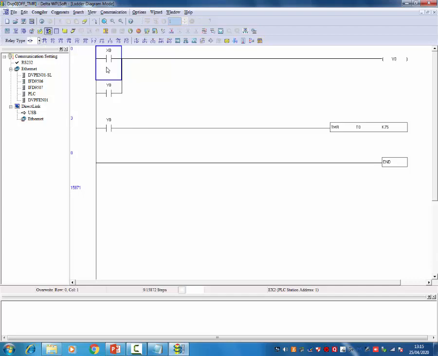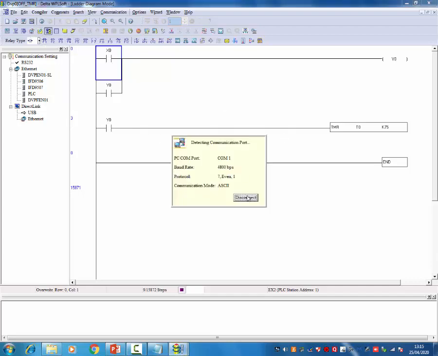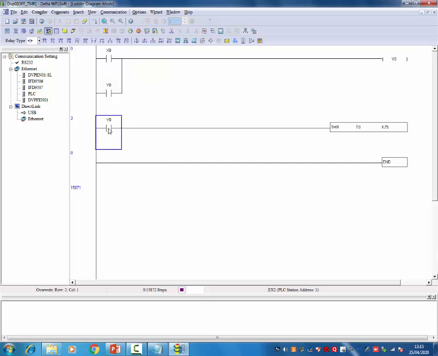So what I'm doing is LD X naught, as my NC contact. After we turn off the switch button only, the output should be off after a certain time delay. That's why I'm using X naught NC and giving it to my timer.